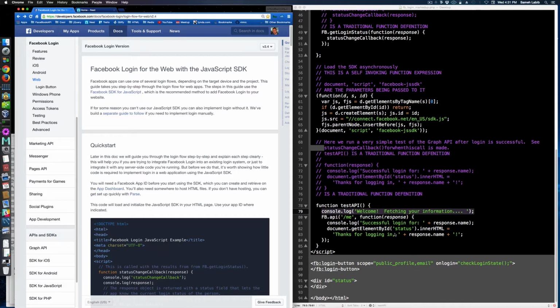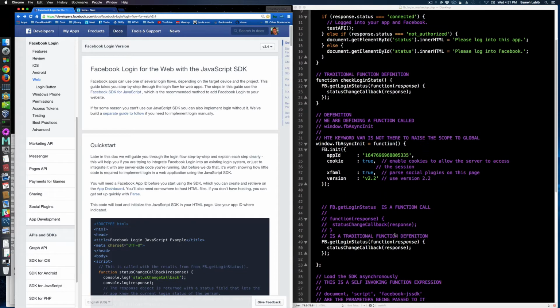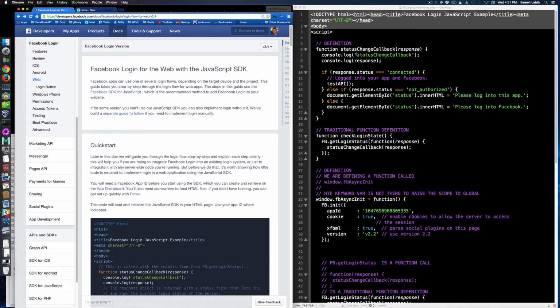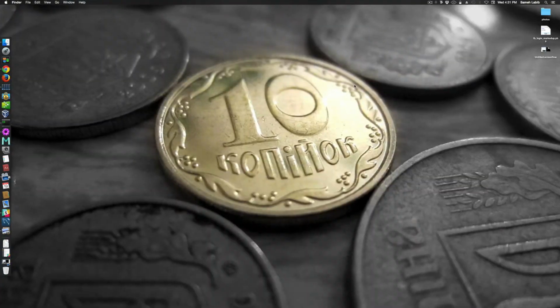And it's producing it when status change callback is called, because that's the method, or I mean function, which calls test API. And since I'm already logged in,